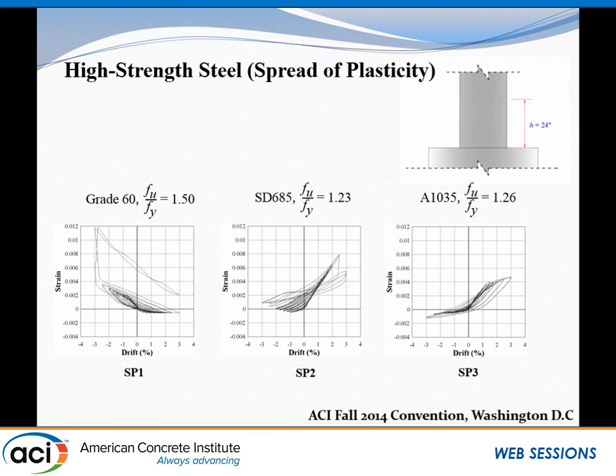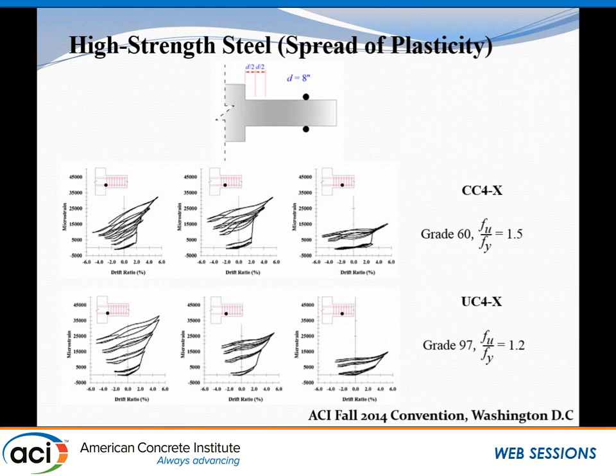From the analysis of exterior deformation, we found that the curvature distribution between specimens SP2 and SP3 are very similar. So we may conclude that all specimens have spread the plasticity up to a distance d away from the column face.